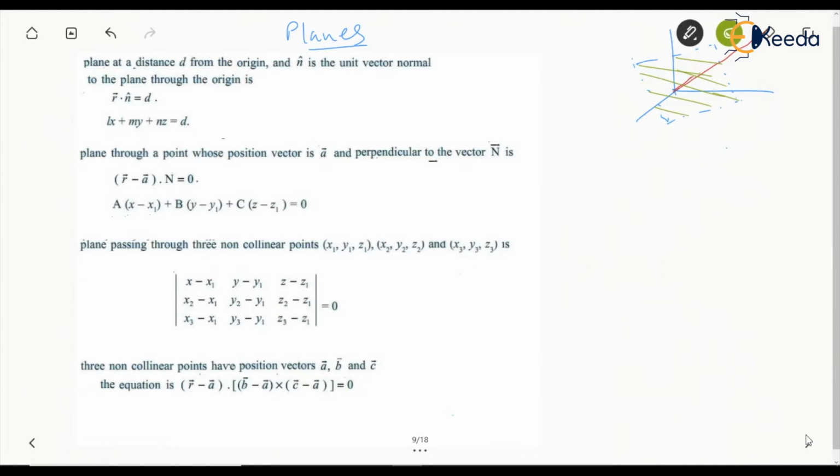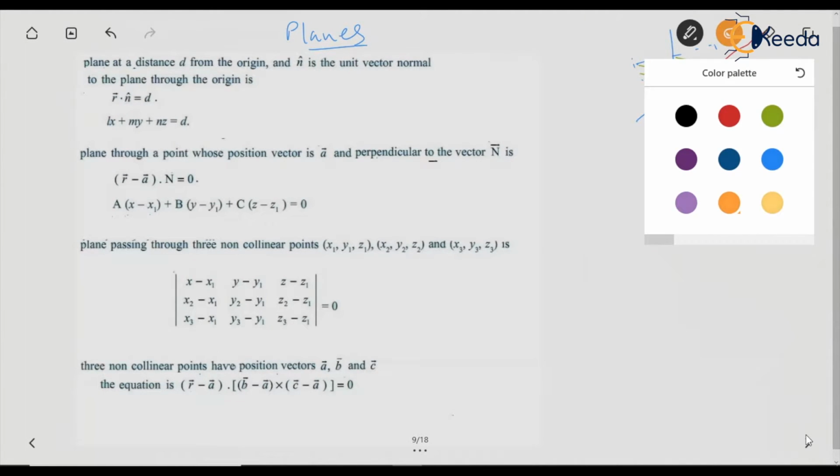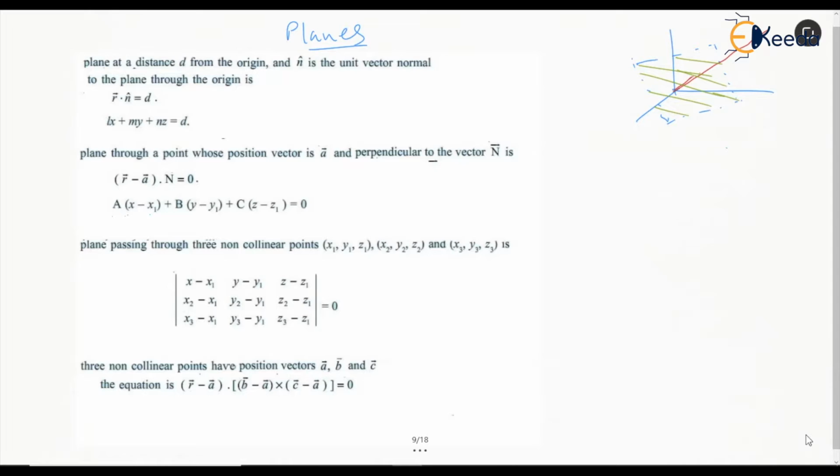In that case, this plane is somewhere this far from the origin. After that it is out of the plane, right? So let's say this is behind the plane, this is out of the plane. So this is your normal vector. So this is the distance of this plane. Let's say this distance is given by small d.